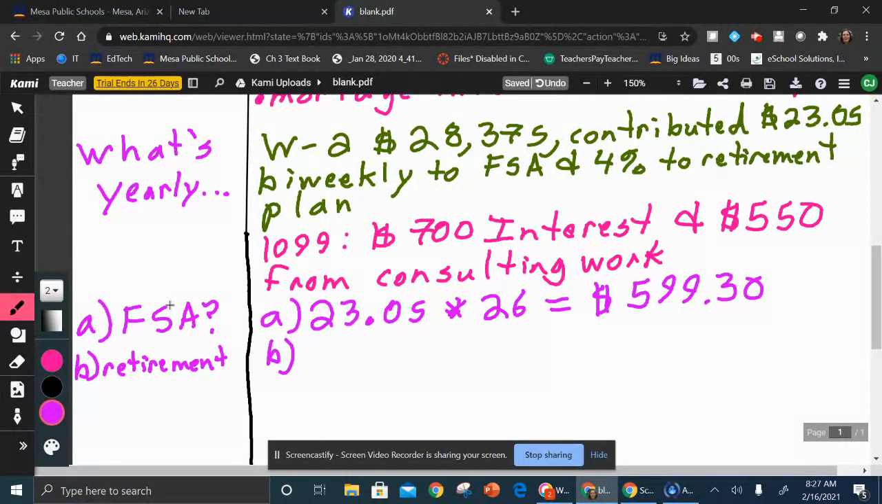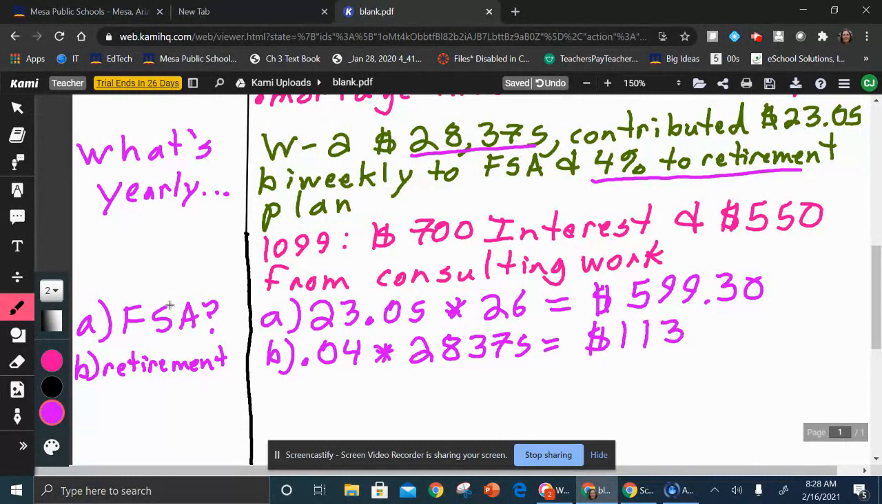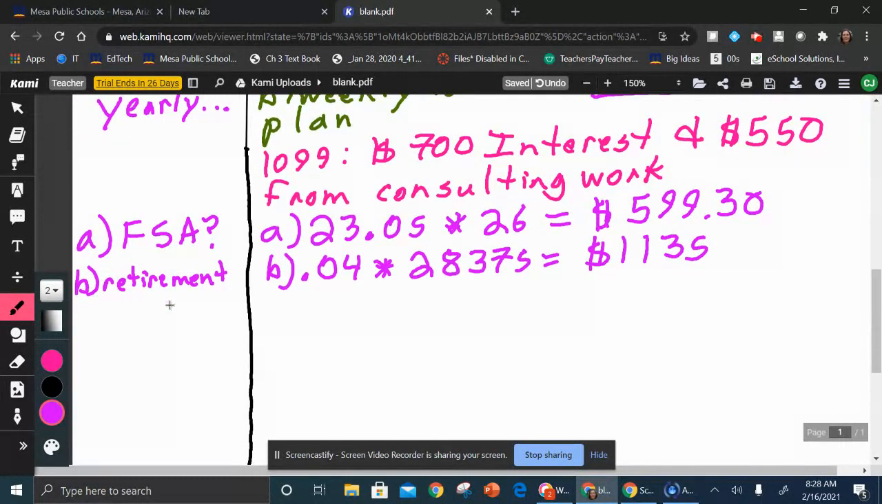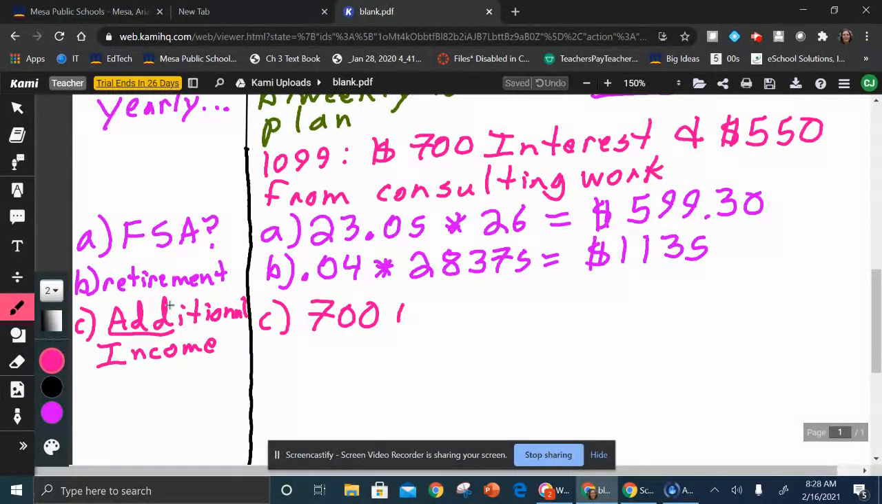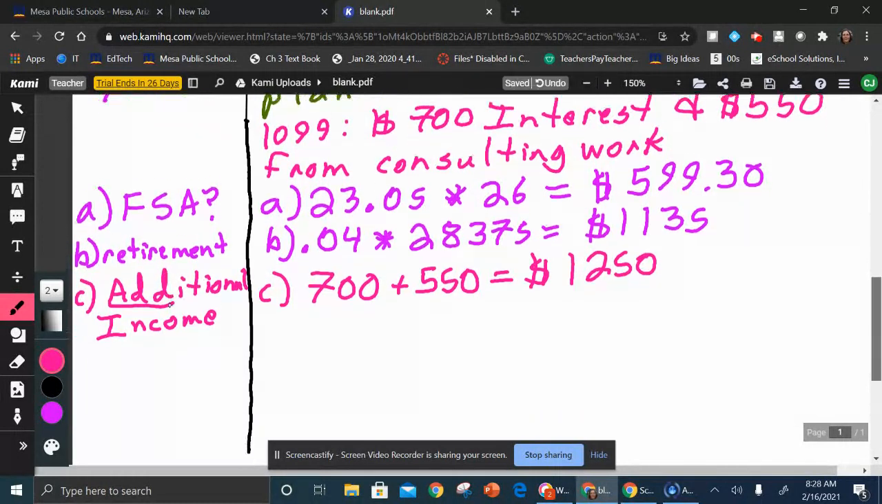Okay, for retirement, so it's going to be 4% as a decimal. So 0.04 times your annual salary, so the $28,375. Okay, so you contributed $1,135. Okay, additional income. Additional, notice that has that add, so we're going to add those two together. So 700 plus 550, so $1,250. Okay, so for your adjusted gross income,